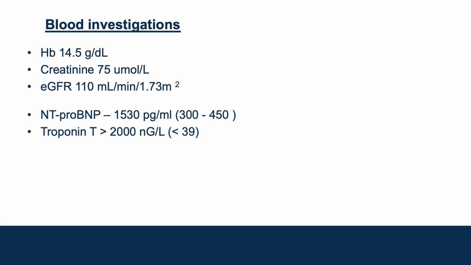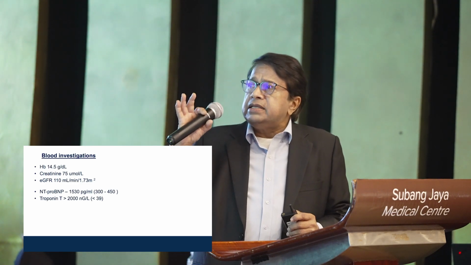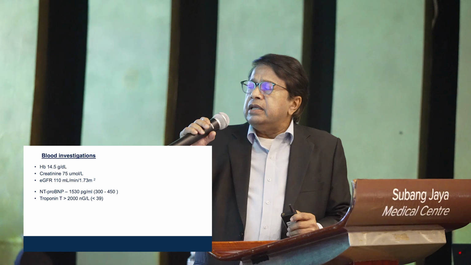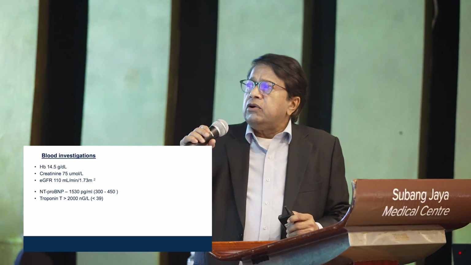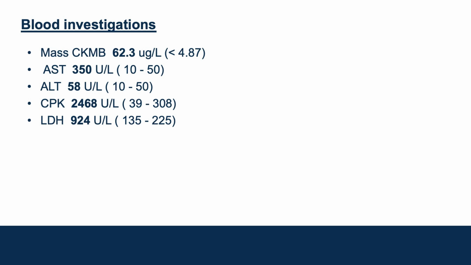Some of his blood investigations. So you have done his ECG, you have established a recent anterior wall infarct. What are the blood investigations? It looks quite okay. Look at his pro-BNP and the Troponin-T, grossly elevated. All right? And at this juncture, CKMB is also elevated, in addition to the other markers.